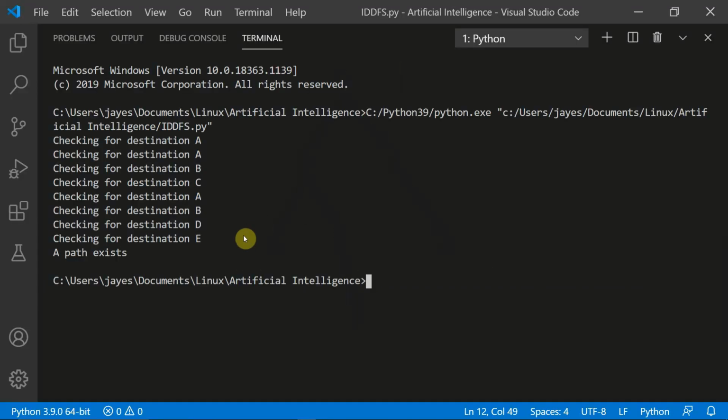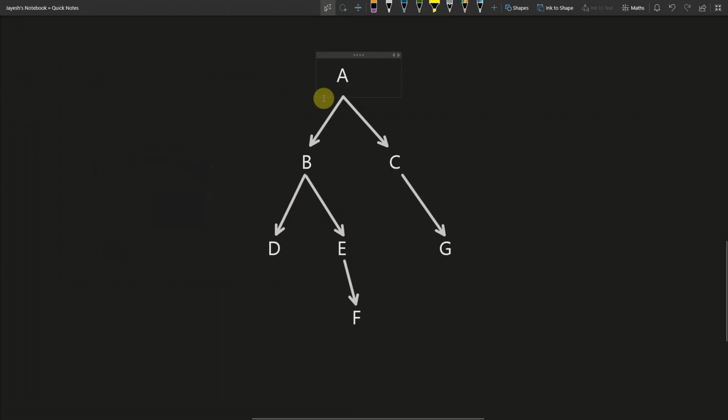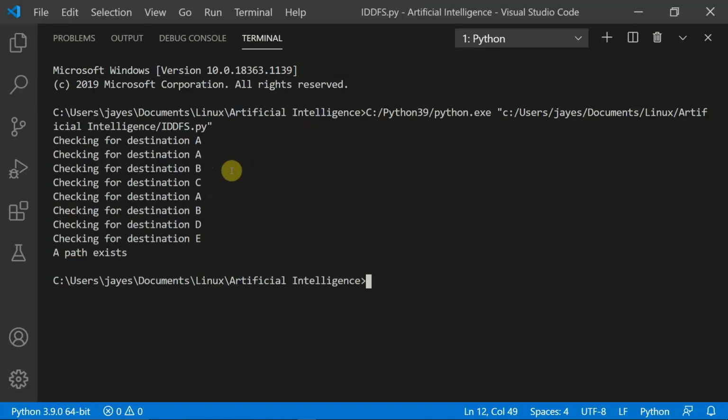And then in our next iteration, because our level will change from 0 to 1, it will first check for A, and then it will check B and C, as we can see here.